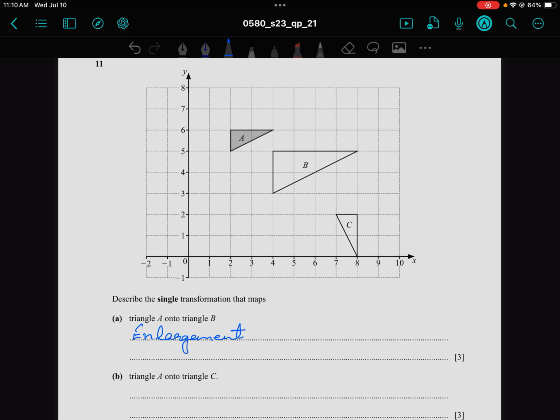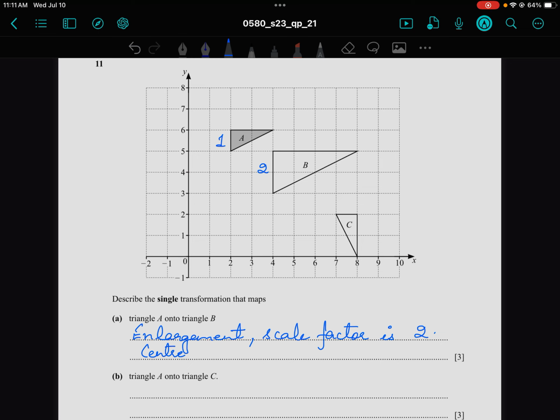Then what is the scale factor of this enlargement? Scale factor, previously as I have told, it was 1 and this one is 2. So we can write scale factor is 2. Now we have to find the center